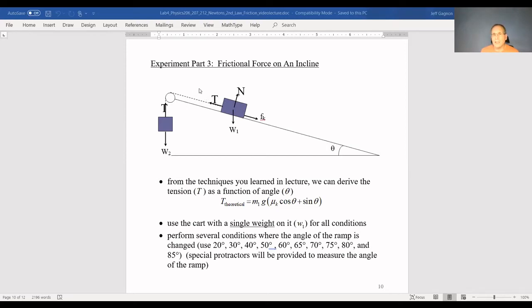Okay, so it's not accelerating. We're purposely adjusting the mass so that when we give this a tap, it moves at a constant velocity up the ramp. And we do that for each of the different angles, right? So we have to keep adjusting this mass, tap this cart,